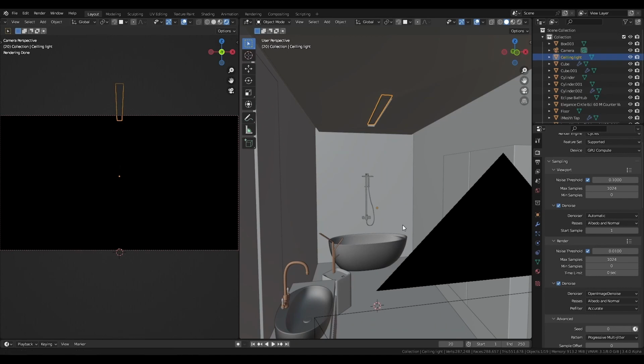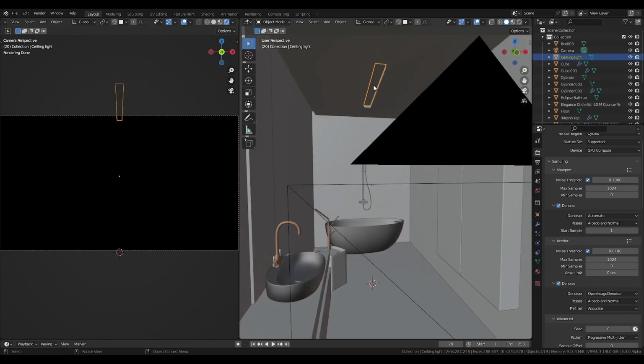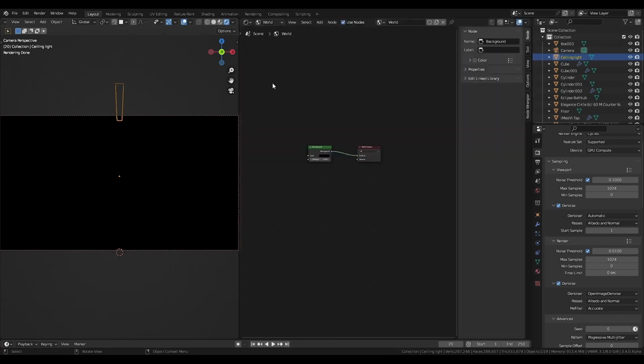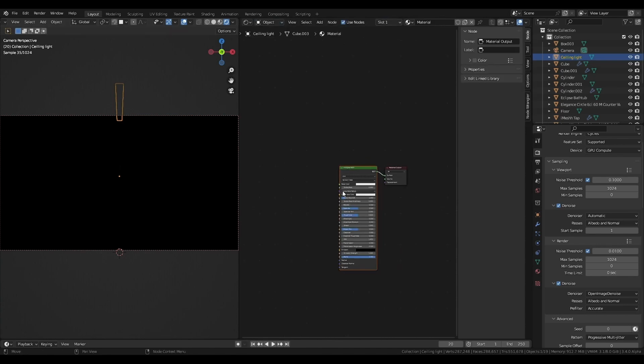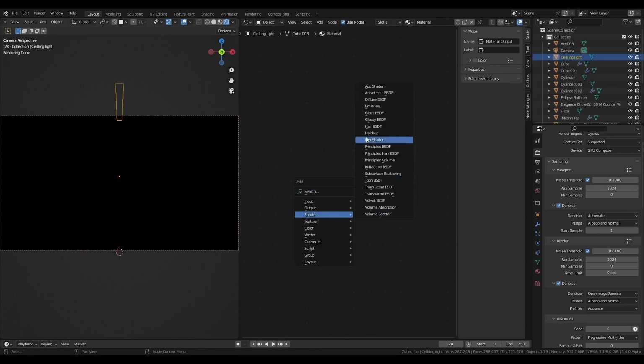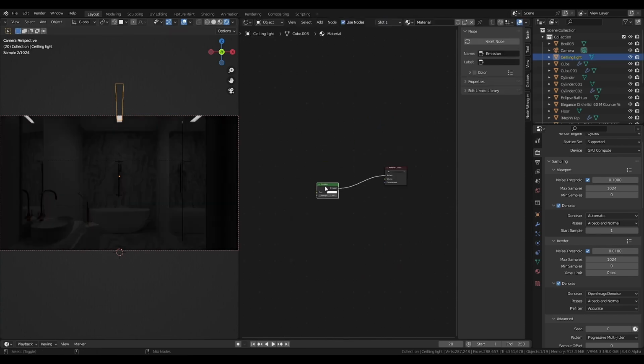So it's very simple. Go select this area light here. This is the simple plane. Go to shader editor and give it an emission material. Go to object and give this plane an emission material. So new, delete this BSDF, go to shader, search for emission, plug it to the surface and give it a